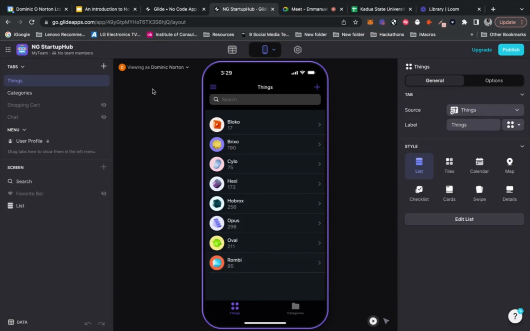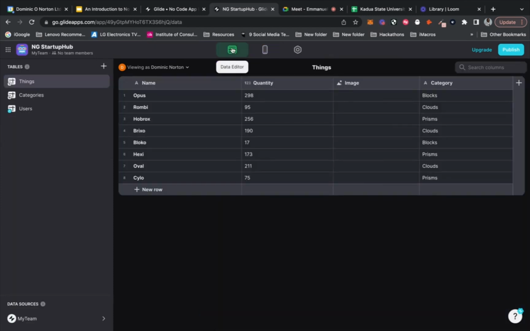So what we'll see when we actually create an app, we'll see a list, and I'll show you where this list actually comes from. We have some menu options on the left and menu options on the right, and we have some tabs at the top. These menu options on the right allow us to customize the style and what you can see, and this also does a similar thing but with some added details. Before we even do any customization, what we want to do is change our backend database. To do that, we go to Data Editor because we're using the Glide native tables.